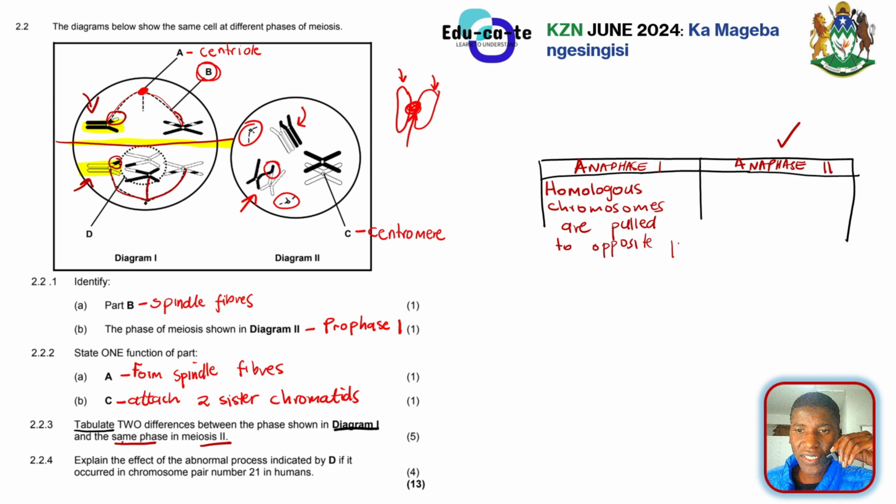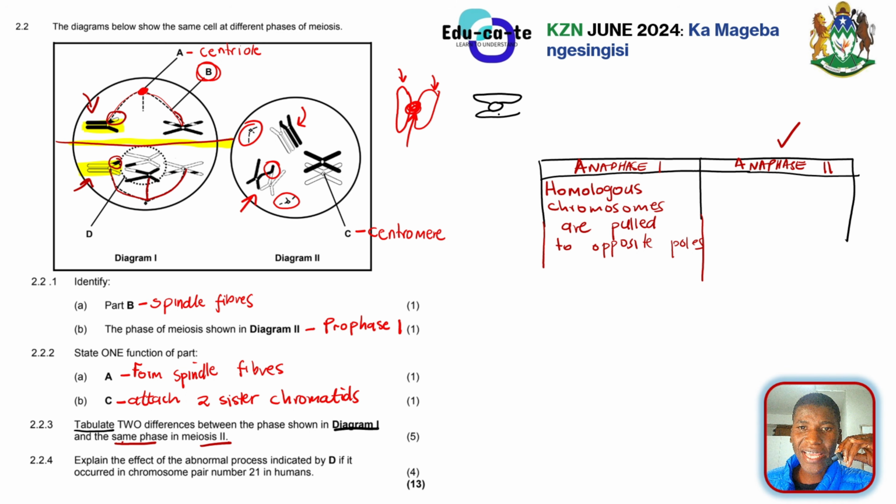But as for anaphase 2, we know that we are not actually pulling homologous chromosomes from each other. We are pulling a chromosome. We are splitting it. All right. So basically, you have got one chromosome, and it is lying on the equator during anaphase 2.